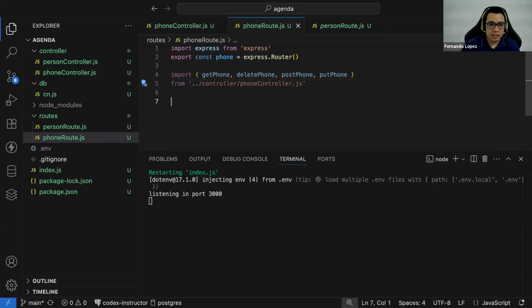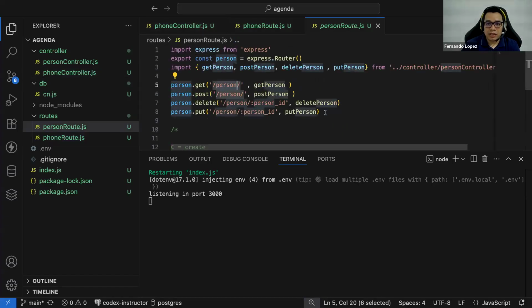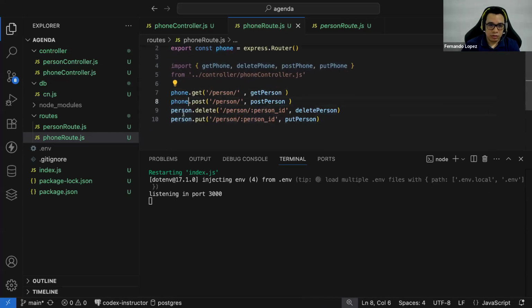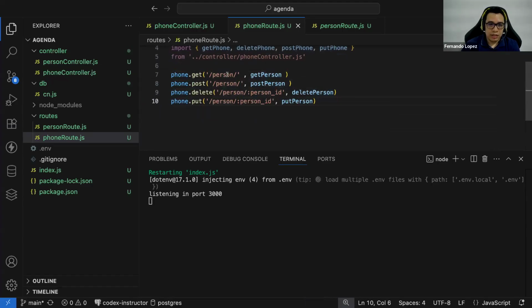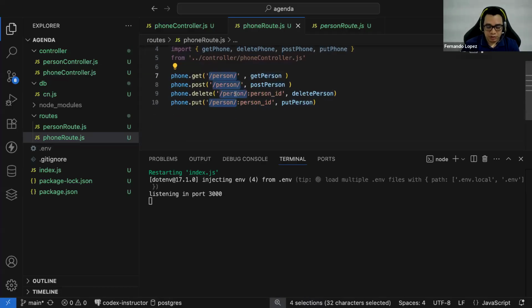Okay, now let's continue, and we're going to set up the entire route. So let's modify this. In this case, it won't be the person, it will be the phone, right? The endpoint is going to be renamed as phone, just like this.